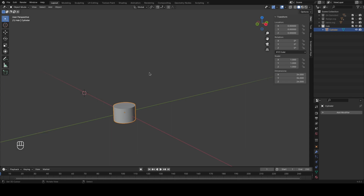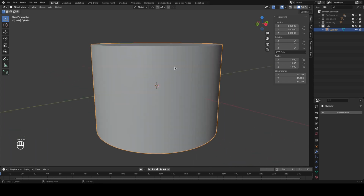We're going to be adding a silicone grip to our hub in order to give our Sumobot traction, and we need a way to keep the silicone grip from slipping off the hub. So what we're going to do is narrow the center of this hub. We're going to give it a bit of a waist. With my cursor back at the center here,